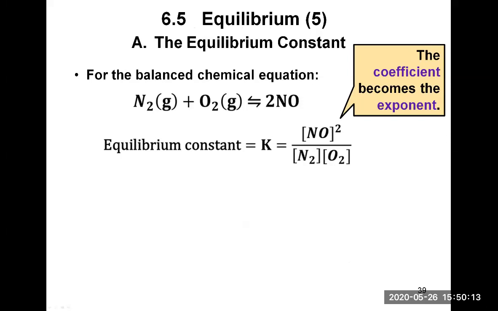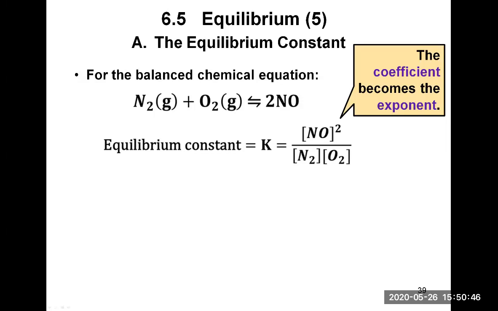So on the numerator, you will want the product concentration, and here it's NO. There is only one product. So you take NO in brackets. Brackets means molarity of NO. And here, the coefficient 2 that is in front of the NO formula in the equation will become an exponent for the concentration. So the coefficient becomes the exponent for the NO concentration